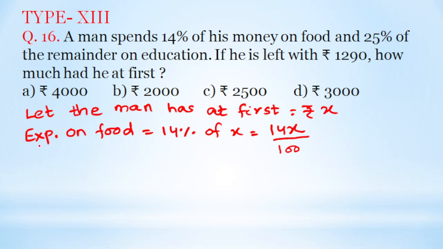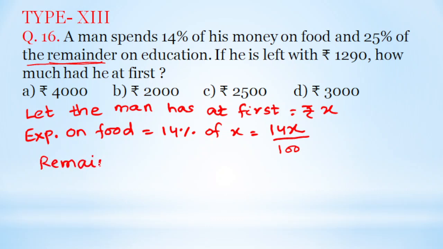Now, reminder. Here is one important line: the reminder of the reminder on education. This is the most important point here. Now we have to find what the remainder is. So here the remainder is